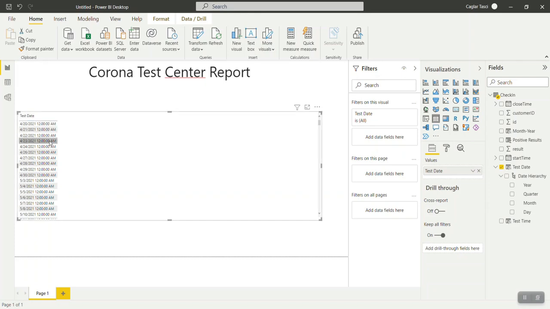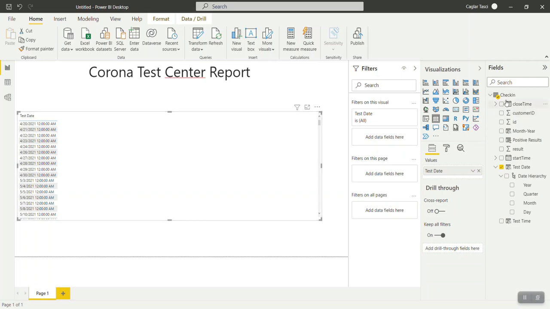That would be more representative, and it would be easier to understand that this is a date column, and there is no association with time with this. So let's quickly do that. To do that, I will have to go into the data column.